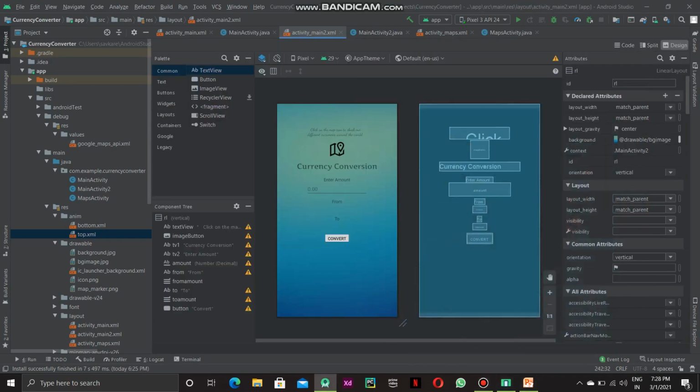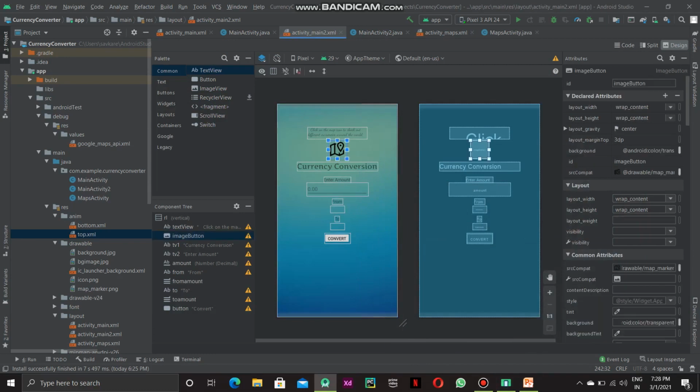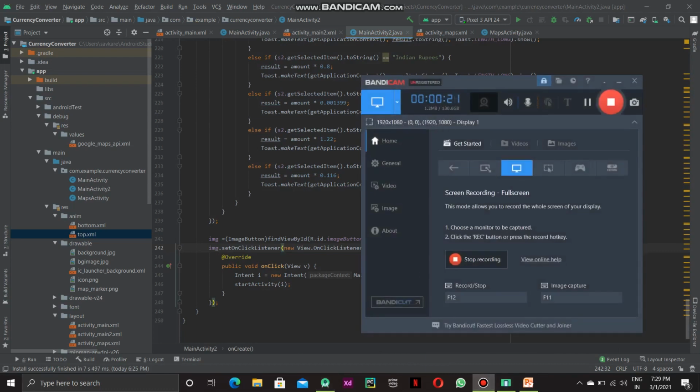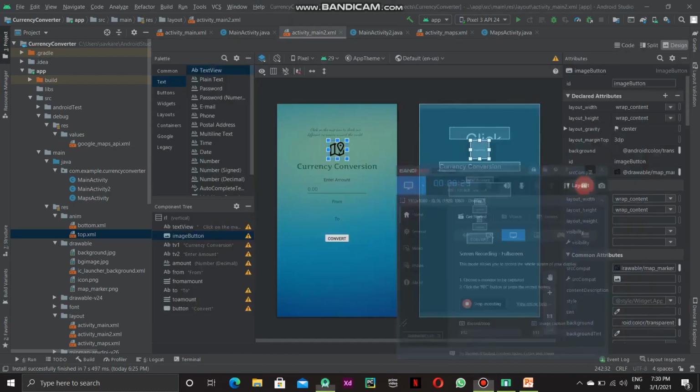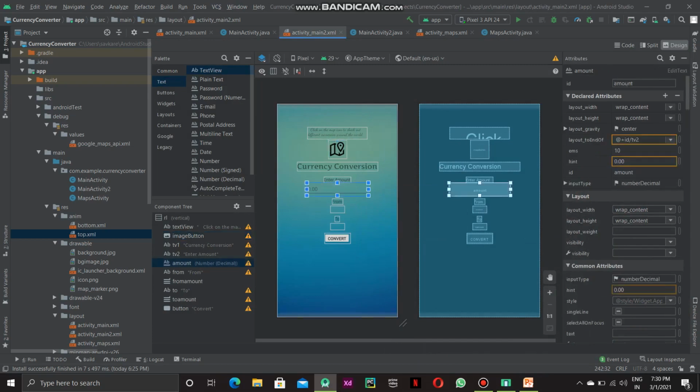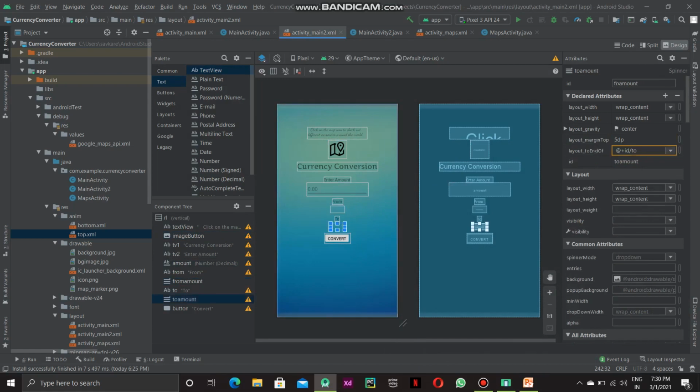In the main activity, I have created this map image button, and when I click on it, it goes to the Java file of this activity, in this on click listener, where it catches that instruction and redirects to the map activity through intent. Other components on this activity are a simple text view to get the text from the user, two spinners to show the drop down list, and the convert button which shows the text message of the output.